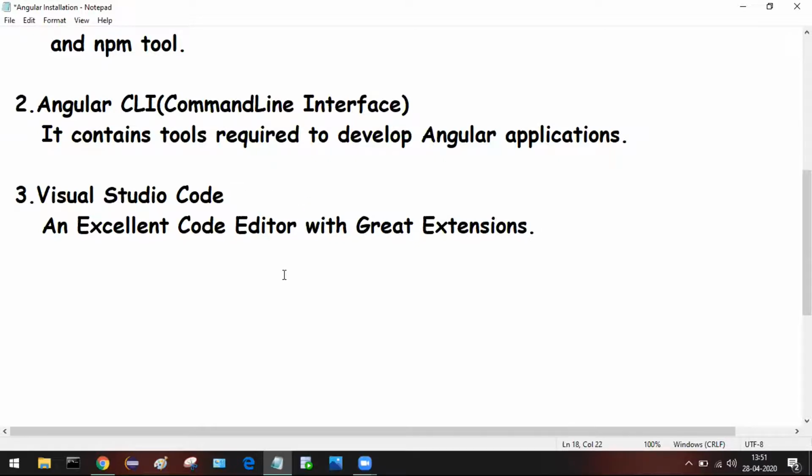One thing we need to understand is that Visual Studio Code is not an IDE like Visual Studio. It is just an editor with great extensions.